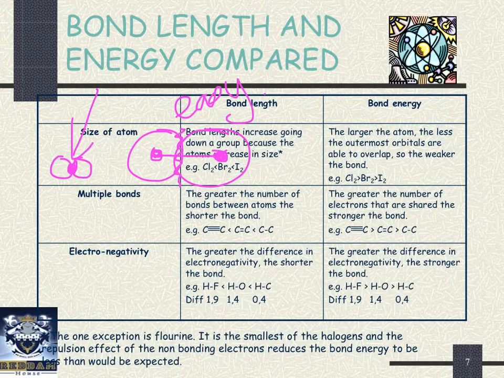Multiple bonds will have greater bond energy and they will have shorter bond lengths. Generally speaking, if the bond length is short, the bond energy is high. That is a generalization that you can make. Obviously, if there's a big difference in electronegativity, you are going to easily be able to separate them. So if I take something like hydrogen fluoride, it will be easier to separate than something that has a non-polar